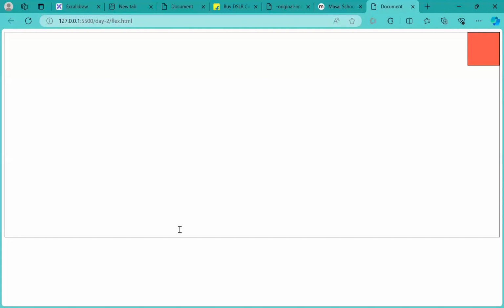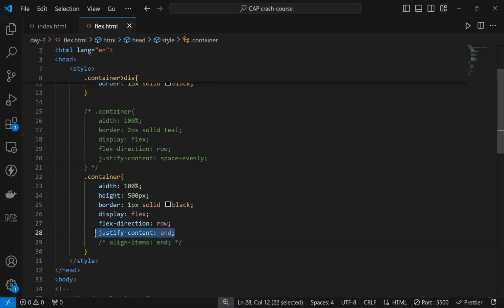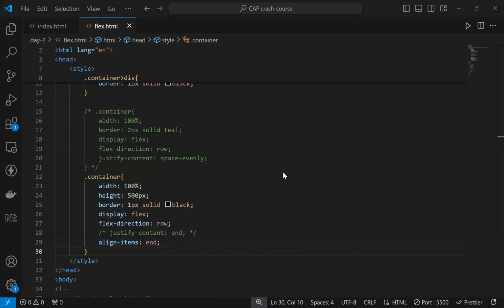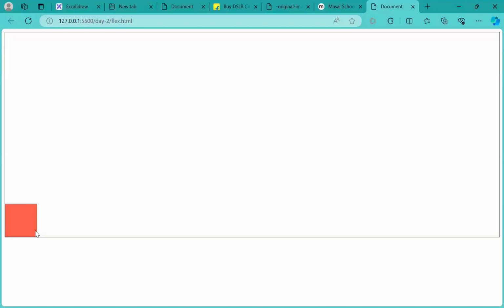ओके, लेट्स से कि मैं जस्टिफाई कंटेंट हटा देता हूं एंड मैं अलाइन आइटम्स को एंड रखता हूं, राइट. तो नाउ बाय डिफॉल्ट जस्टिफाई कंटेंट जो होने वाला है वो होने वाला है स्टार्ट. तो बॉक्स स्टार्टिंग में होने वाला है, प्लस अलाइन आइटम्स एंड पे लिखा है. तो इन स्क्रीन फॉर्मेट बॉक्स हमारा कुछ इधर होने वाला है. अग्री? So let's say if I go back in here and if I see,